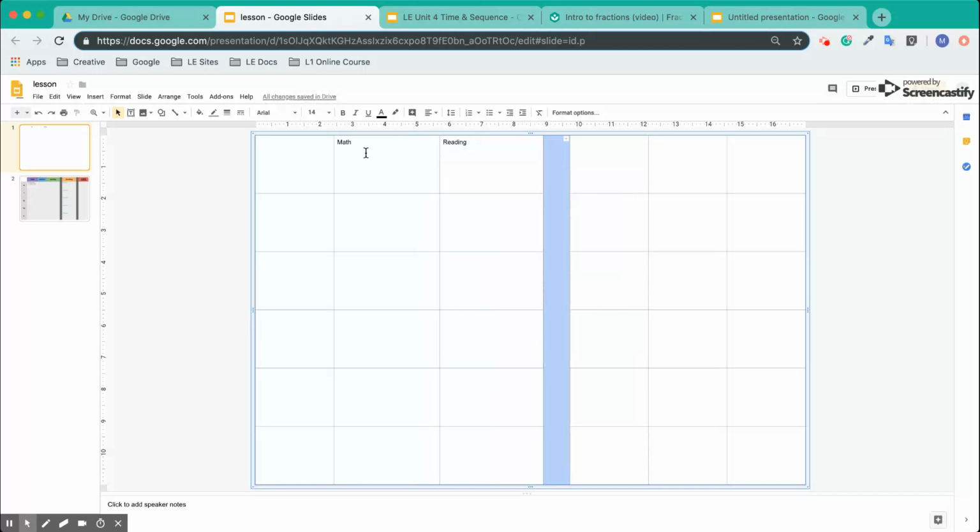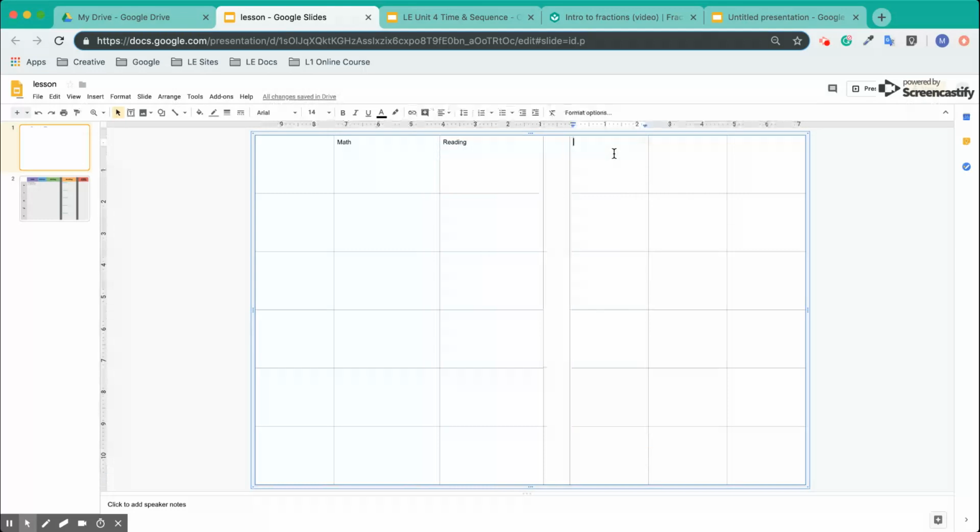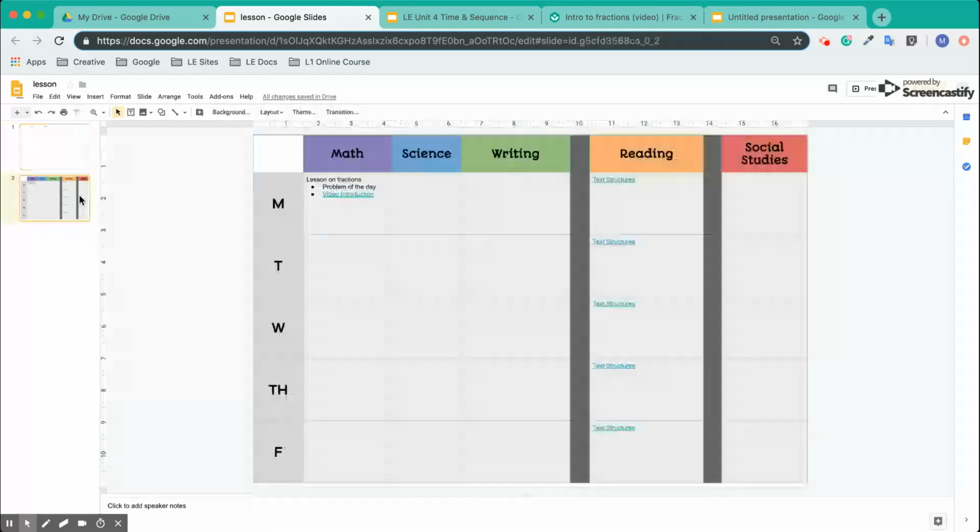Reading and math are sort of core areas, so I'm going to have a lot more information. So I arranged them that way. Perhaps you have science or social studies and an intervention block that you may need less room for. So I'm going to go to the slide here where you can see kind of the final product and what